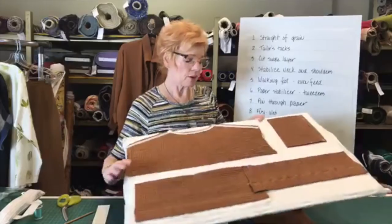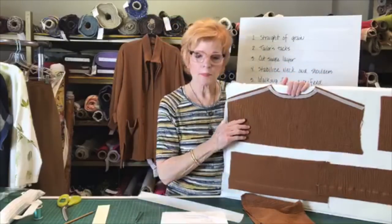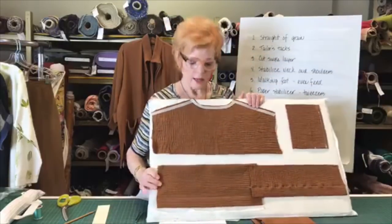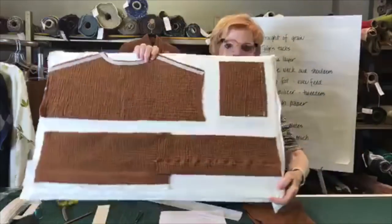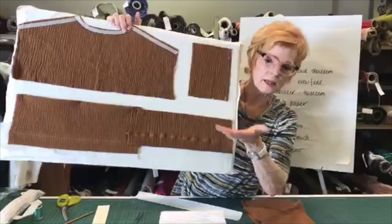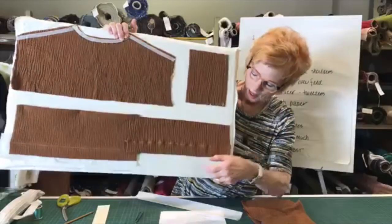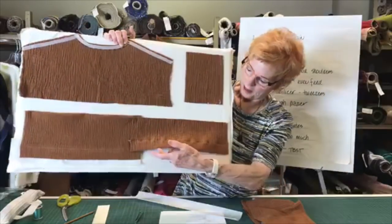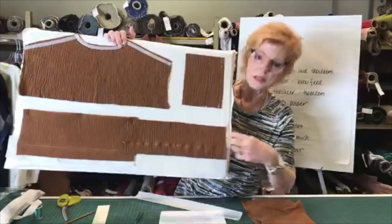So I made a test sample of a seam finish. And then I made a test sample of something on the horizontal. So that would be a hem. So I started by just stitching a hem, pressing it under, steaming it under, by the way. Steaming, that is the trick. I never let my iron really touch the fabric. But I steamed and pressed the hem to the wrong side, and then I just stitched just to see what